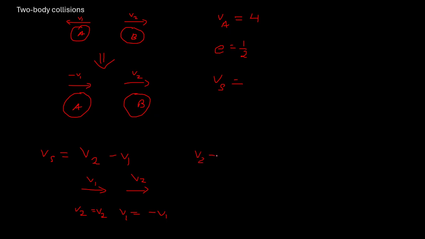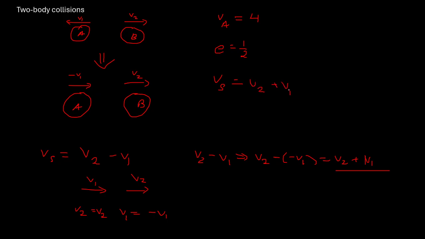So v2 minus negative v1 would actually be v2 plus v1, sorry, but yeah,